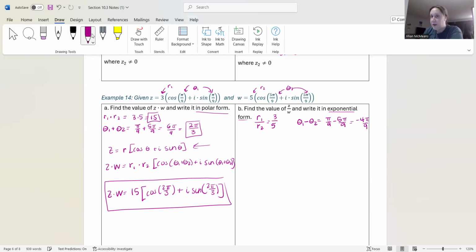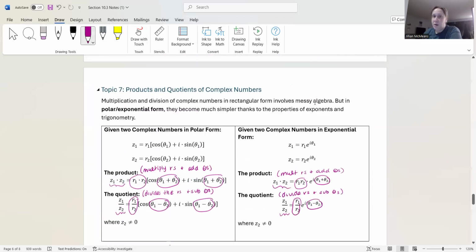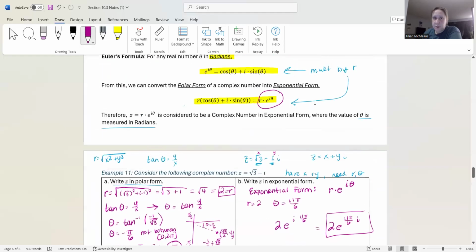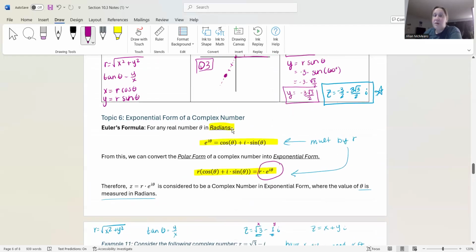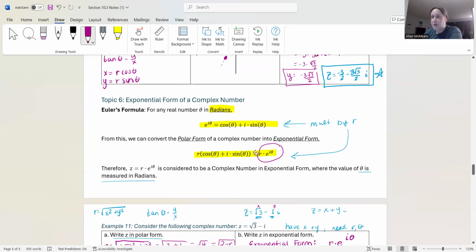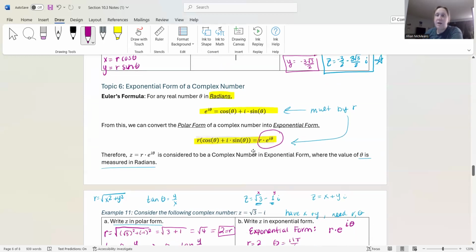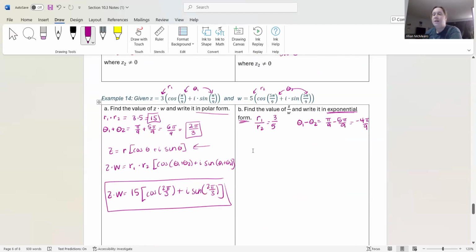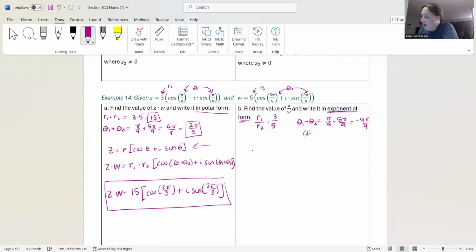But keep in mind, we want to write this in exponential form. And we did have a condition on exponential form. So let's go up and let's talk. I don't think this one's going to be an issue. I think we might be okay, but let me double check. So right here, we do have to be in radians, so we're in radians. There's no real condition that this has to be positive, but we typically like to make sure that that theta value is positive. Okay, so let's go ahead down here. Don't want to scroll too far. There we go. Let's go ahead and find a theta value